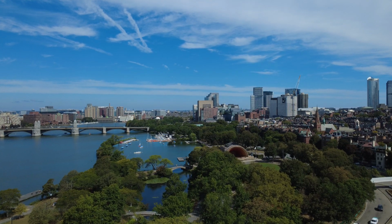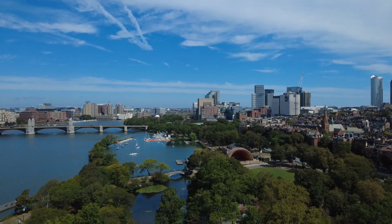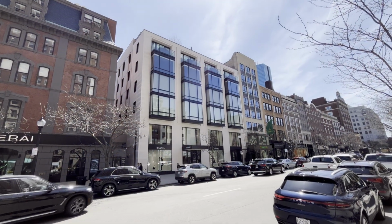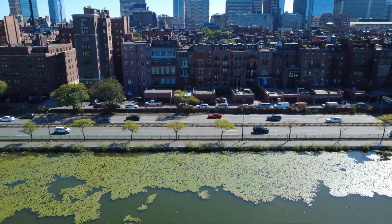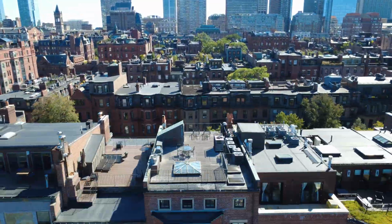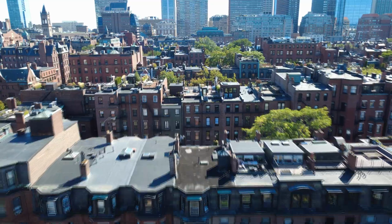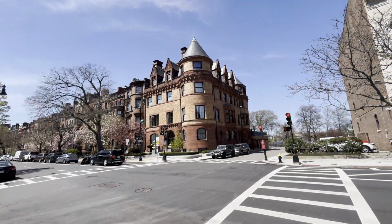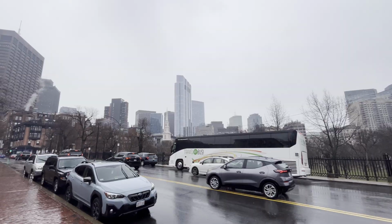Mornings often start with a jog or walk along the Charles River Esplanade just across Storrow Drive, while evenings might mean strolling over to Newbury Street for dinner or a drink. The mix of quiet historic charm on the street itself with the buzz of city life just a block or two away creates a balance that's hard to find anywhere else. You'll see neighbors walking dogs, students heading to class, and professionals commuting downtown on foot, all with the river and